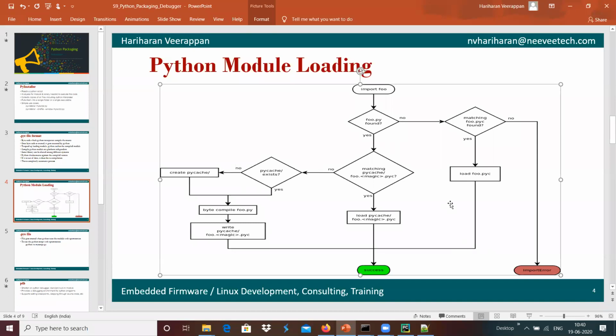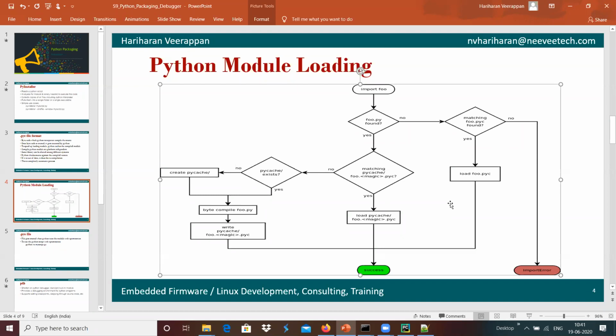If we wanted something encrypted, where we don't want to release the source code to the output, then we can create a compiled binary format, and that can be shared so that the source code cannot be seen by the end user. It can be only a compiled Python output file.